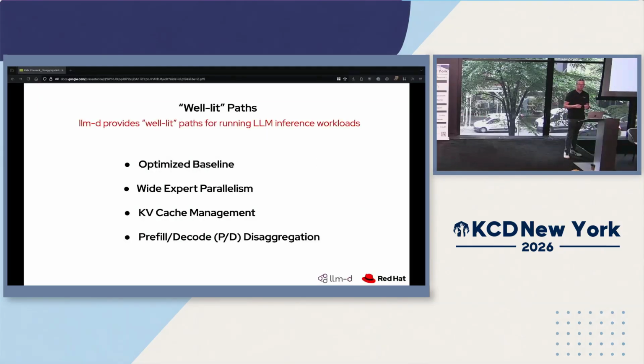So serving models is hard, and it's really complex. And distributed systems, turns out, are really hard and complex. So the concept of llm-d is having these well-lit paths. And the idea is it should be able to walk you through from a starting point of basically nothing, working towards a solution that you can adjust based on your use case. Because again, are you serving agentic workloads? Are you serving multi-turn chats, document summaries? I mean, it goes on and on and on, the different workloads, and they all will look different in your deployments. So the other goal of these is that they should be rigorously tested and benchmarked across a variety of